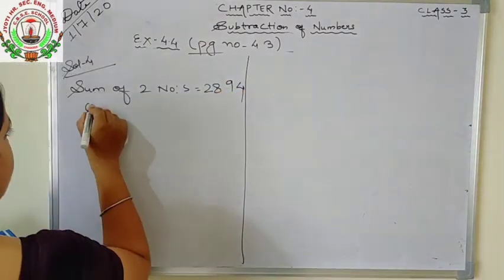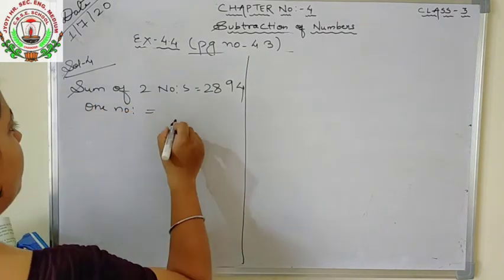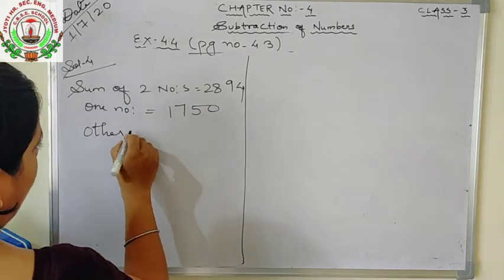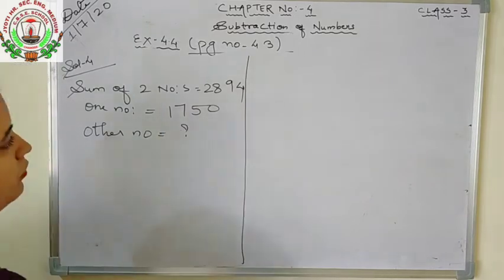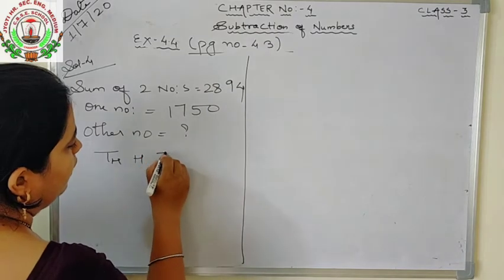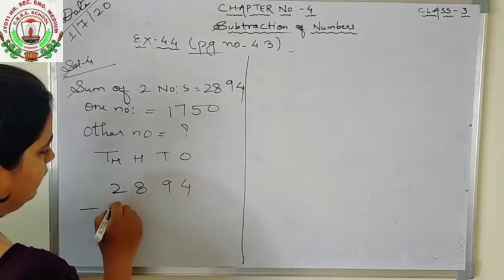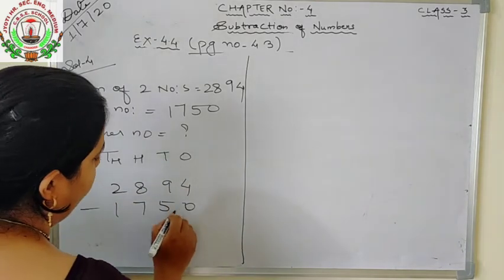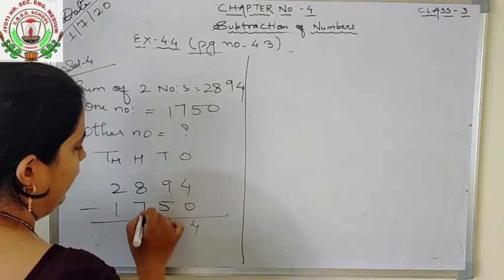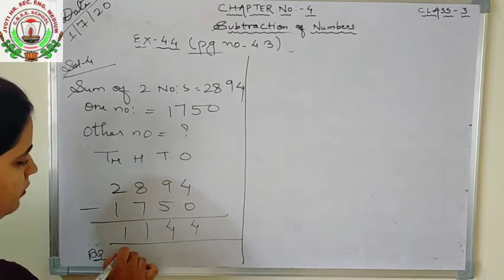If one number is equal to 1,750, you have to find the other number. So when we subtract these two numbers, we will get the other number. 2,894 minus 1,750. 4 minus 0 is 4. 9 minus 5, 4. 8 minus 7, 1. 2 minus 1 is 1. So our other number is